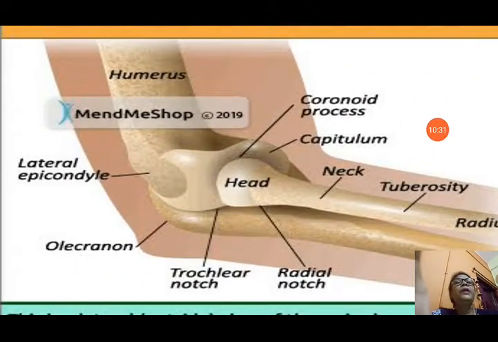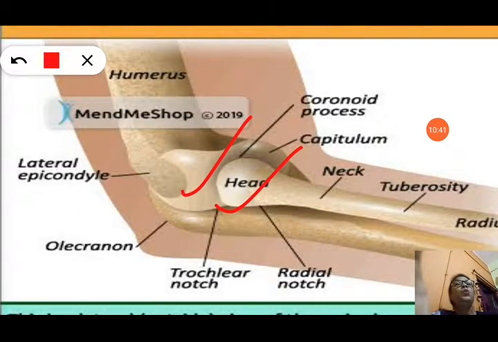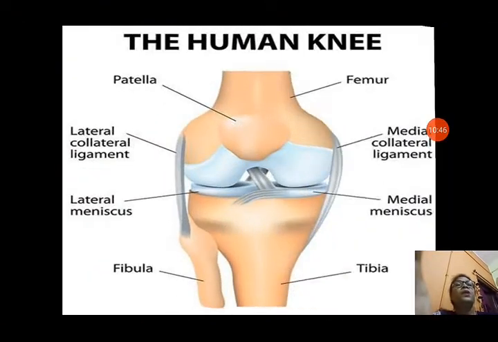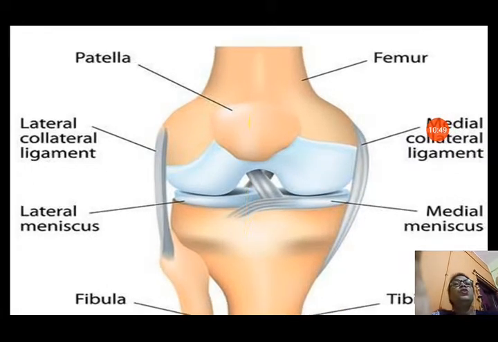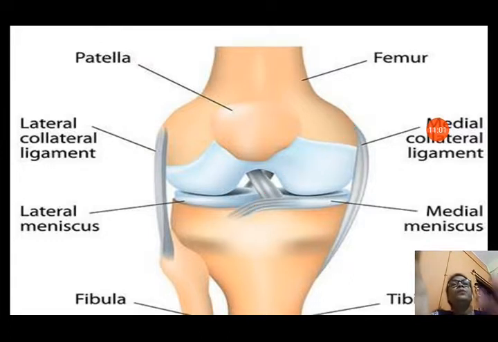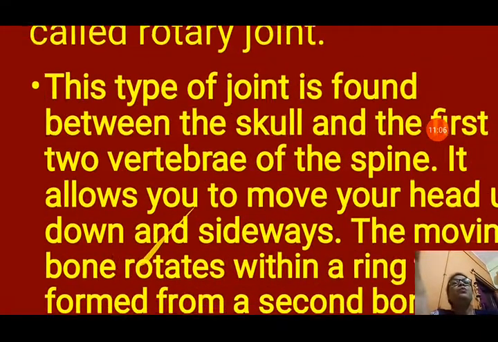You can see the head of the bone in this picture. Head of the bone is fixed inside here, and in this it is moving in only one direction. Now you can see the human knee also. In this also the bones are fixed with each other. You can see here the socket, and the movement of the bones in this type. This is your knee.